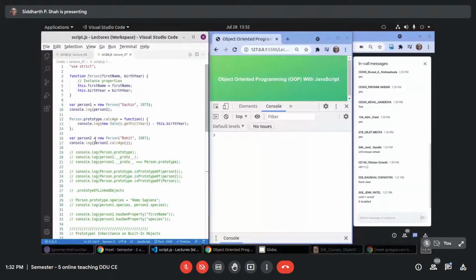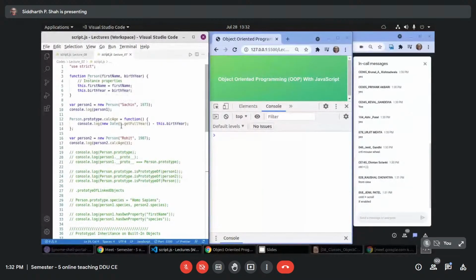And that's why when I create new person2, I can easily use calcAge. But this calcAge method is not part of person1 or person2. It is directly part of the prototype of Person. So it will be inherited by all the objects of Person class.